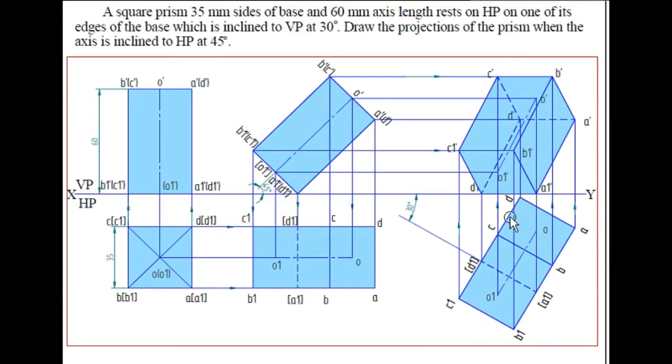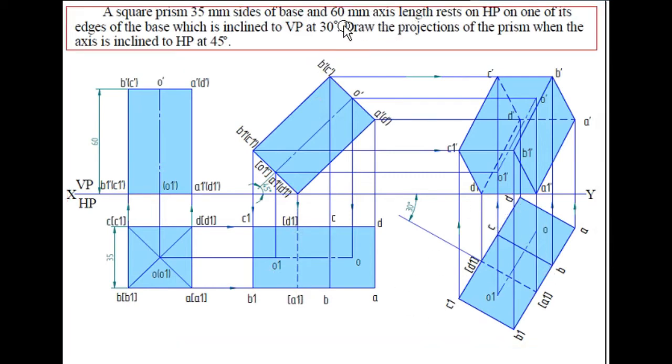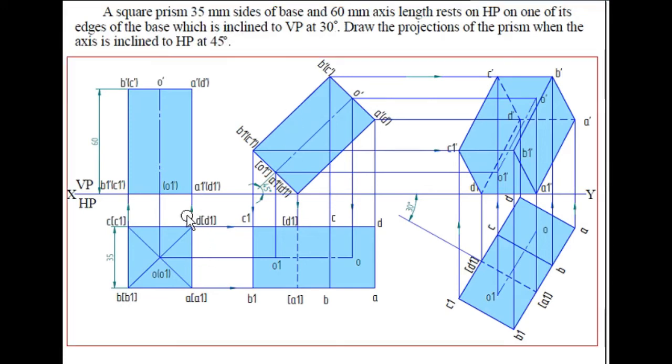Okay, for the third condition, with respect to the remaining angle of inclination, that is with respect to the VP plane, what is inclined? The edge of the base which is inclined to VP at 30 degrees, and we have taken this as the reference edge, right? Because in this projection of solids we consider this side as the reference edge. So the edge is nothing but here it is d1 and a1, because the bottom face is here, you can see here a1 dash and d1 dash is here, right? So this forms the bottom edge.